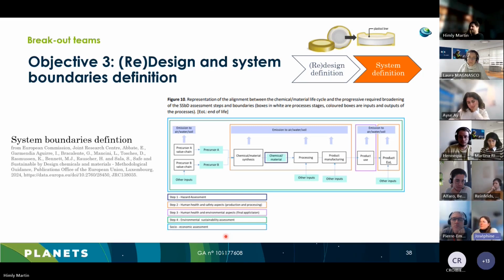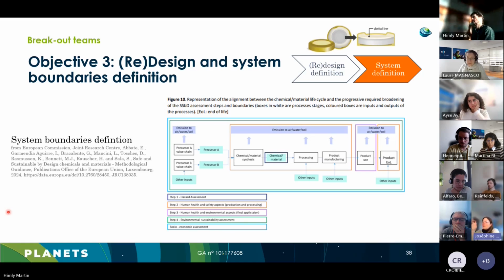For example, here you have the gasket technical value chain from the framework applicability. So with your precursor A, precursor B, then you have the processing and manufacturing, the use and the end of life, and the idea is to